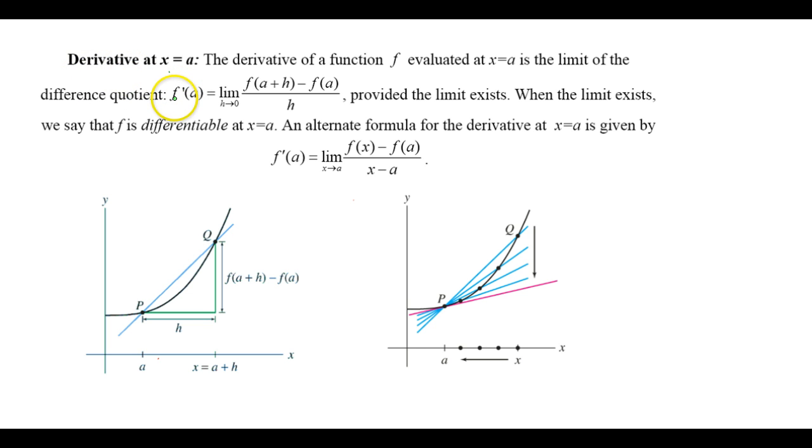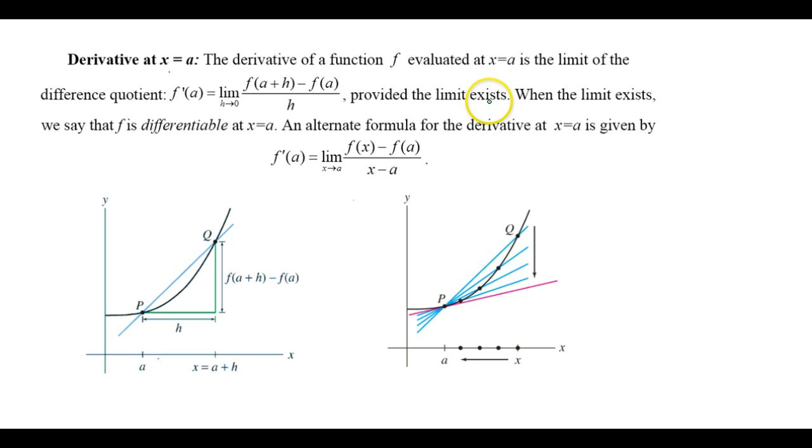So this is the derivative of f at the x value a, equals the limit as h approaches 0. Well, remember, h was that distance on the x-axis between the 2 points, so that distance is going to 0, of the difference quotient, f of a plus h minus f of a all over h, provided that the limit